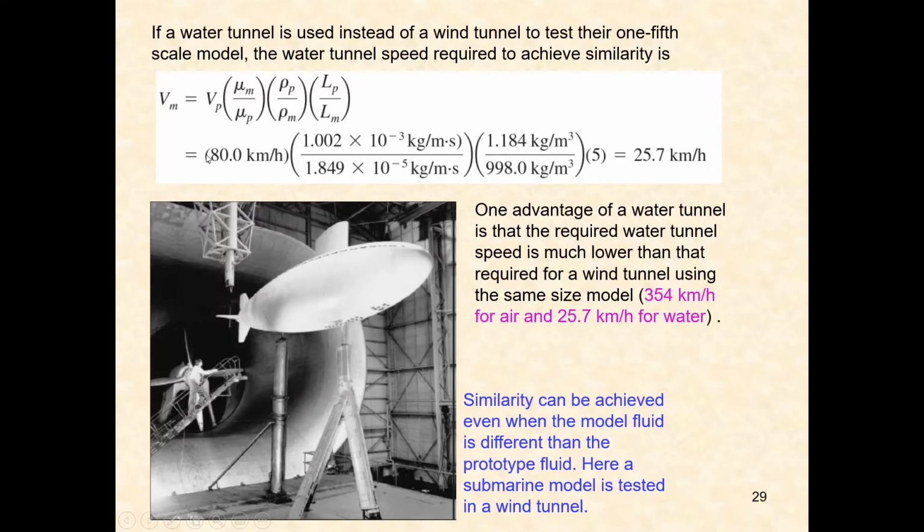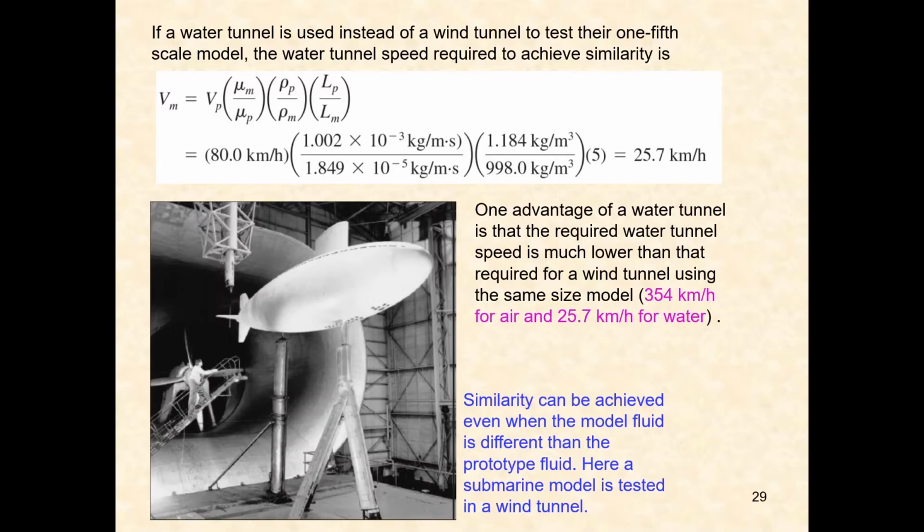So if in the prototype we expect to find what happens when the car runs at 80 kilometers per hour, we can do the same experiment with a one-fifth model in a water tunnel at a water velocity equal to 25.7 kilometers per hour. So this is the advantage of using a water tunnel, because the water tunnel speed is much lower than that required for a wind tunnel using the same size model. So we can avoid a problem where the flow is compressible in the wind tunnel